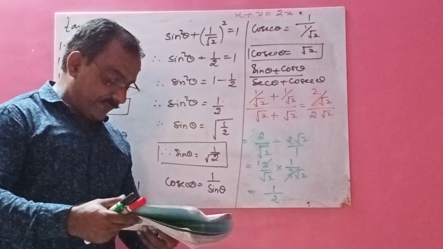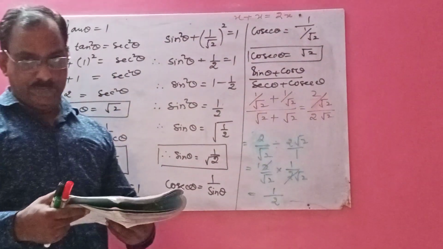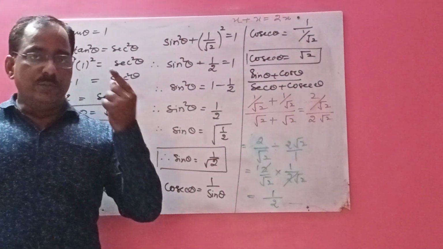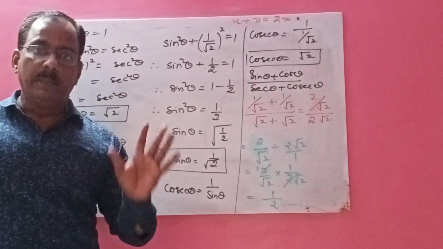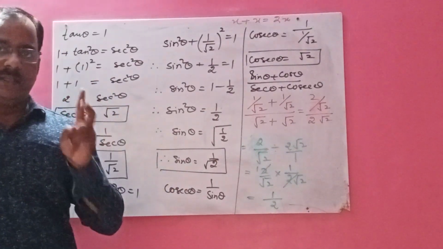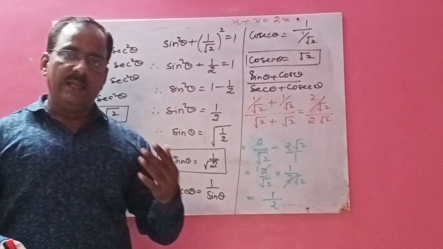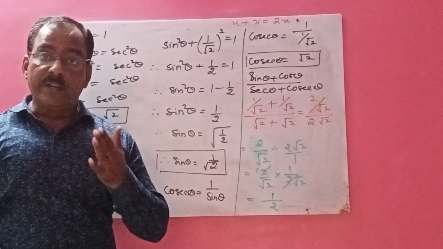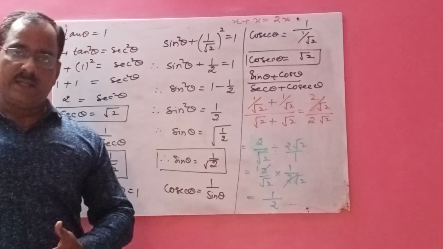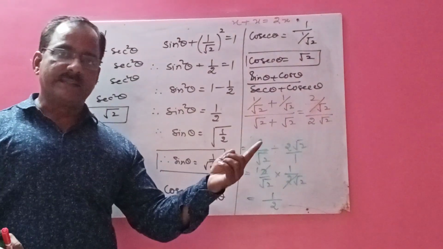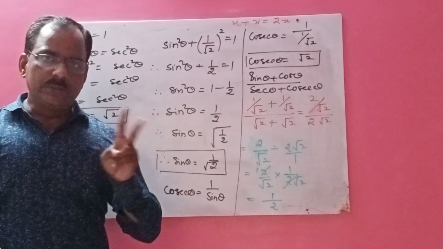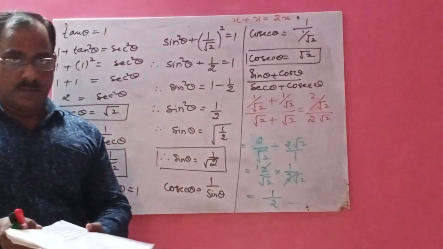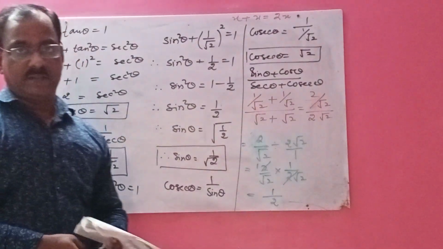So children, here I have completed your question number 1 to 5, where you have seen that when one trigonometric ratio value is given, with the help of that you calculated the remaining 5 values. Keep in mind that there are 2 methods to find the values of trigonometric ratios when one value is given. One is using the trigonometric identities, which is given in 10th standard, and the second one, given in 9th standard, is using the right angle triangle. Both methods are correct in the SSC board, so it is your choice, you solve by any method. Now continue the next one, question number 6.